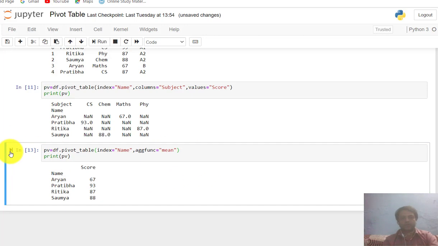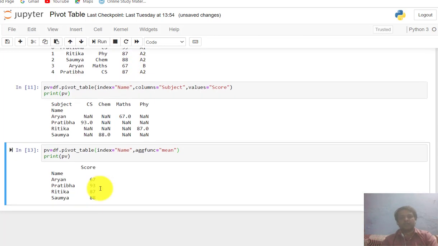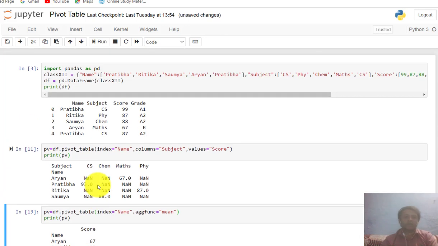Now I am executing this. So you see here it is only executing the mean operation on score values. You see this is 93. Here Pratibha has scores of 99 and 87. So it is calculating the mean, 93, and you know how you can find the mean.